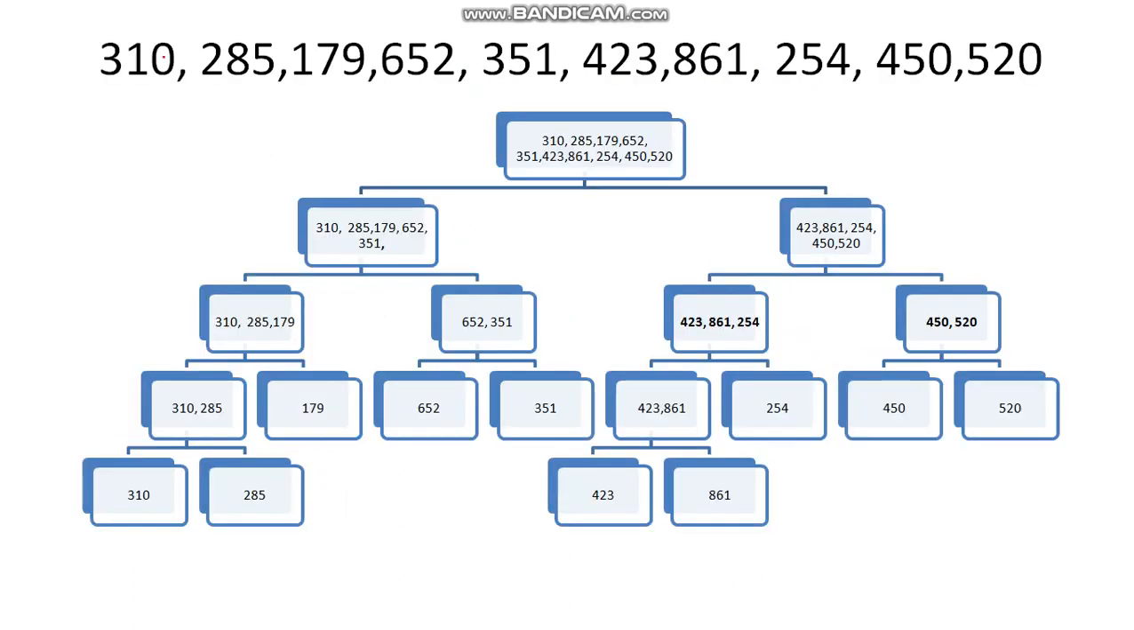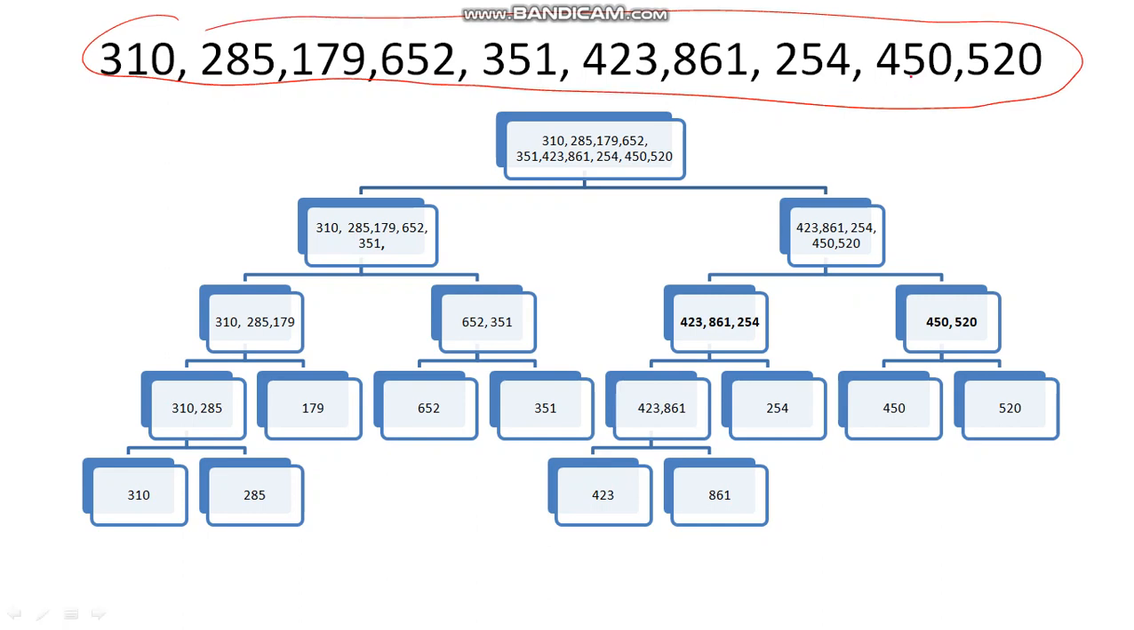So let us say these 10 elements are given: 310, 285, 179, 652, 351, 423, 861, 254, 450 and 520. So there are indices: this is at index number 1, this is at index number 2, 3, 4, 5, 6, 7, 8, 9, 10. So what I do is I calculate mid. Mid is equal to (low plus high) divided by 2. Here it becomes 1 plus 10, which is 11, 11 by 2. If the outcome is a fractional value, then take the lower value, so it becomes 5. So first 5 elements,